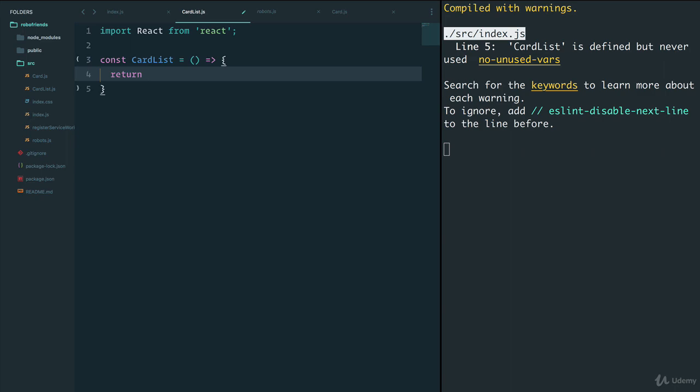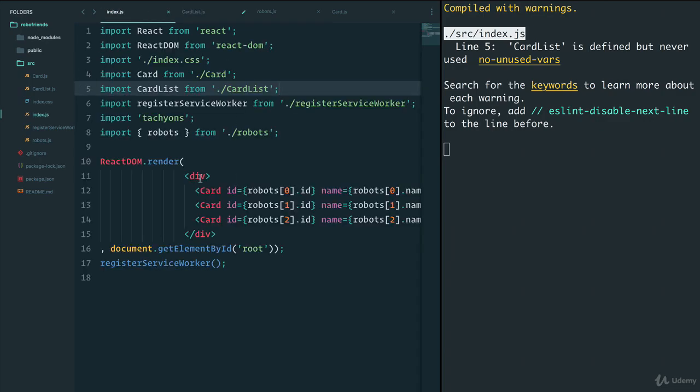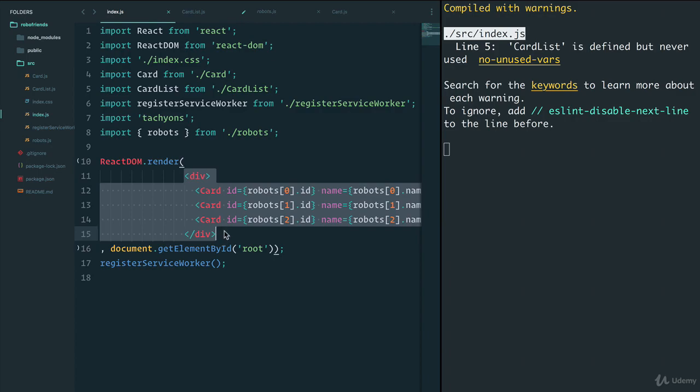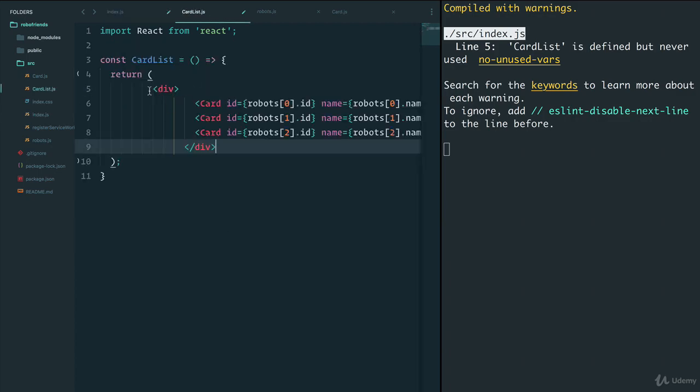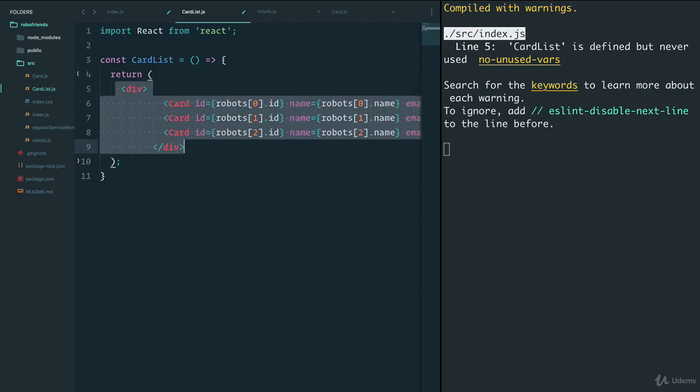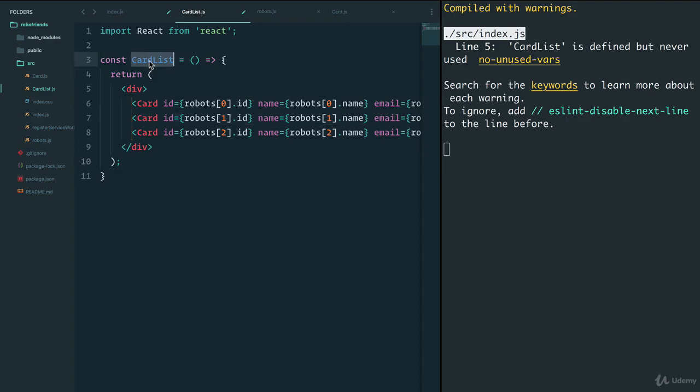Well, what should it return? It should return the cards, right? We can just copy and paste this, put this in here. Let's fix the indentation here a bit. Now, card list will be the one that returns these cards,